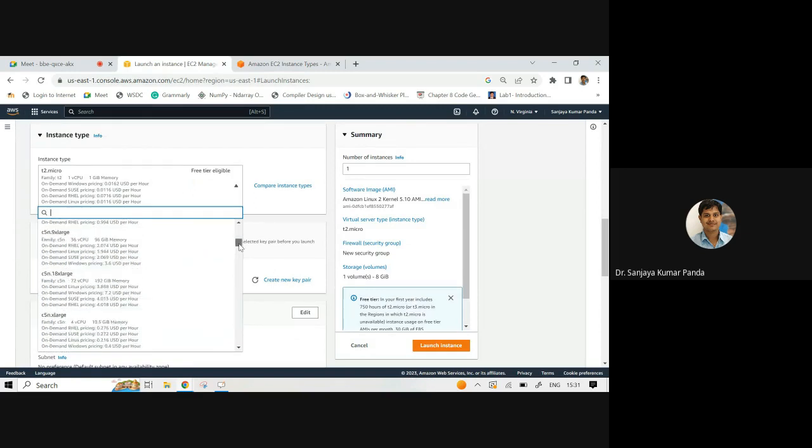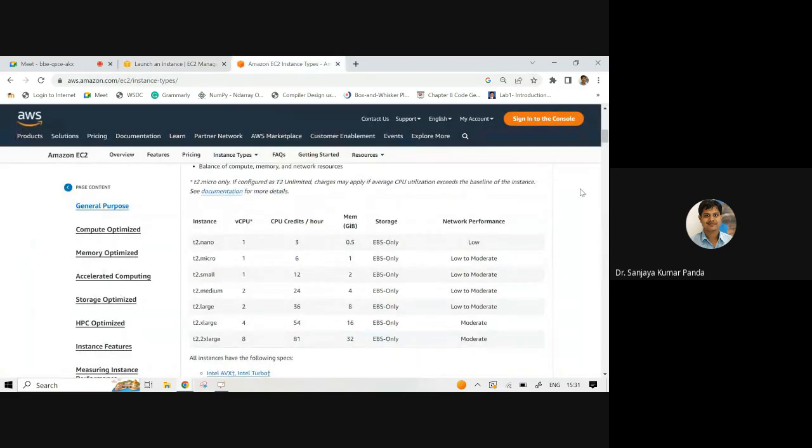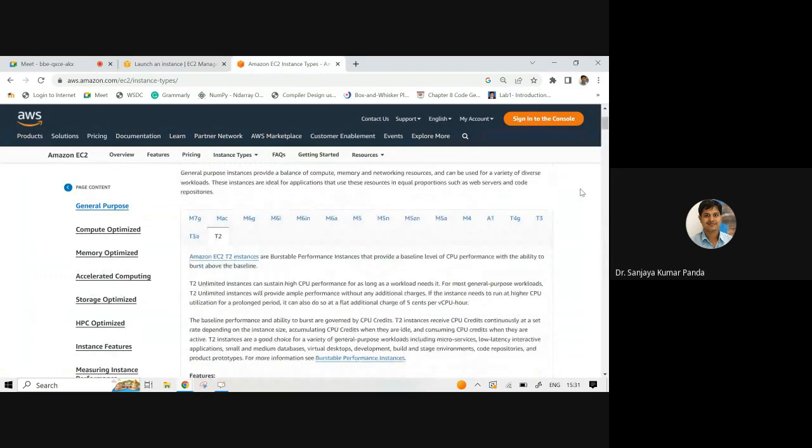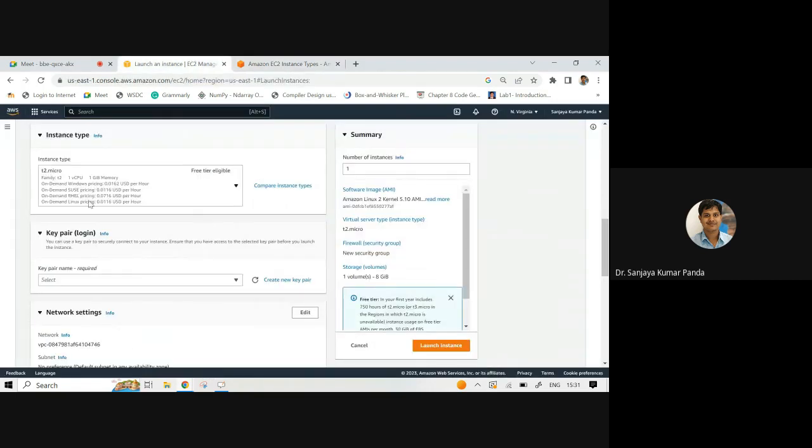You can see there are a number of options. If you go to the end, you can find there are 48 vCPUs and 384 GB of memory available. Based upon your requirement, you can decide which instance is suitable for you. That's why I told you, you have to revisit this page and you can find different instances available here and map these instances to your search. I'll tell you more about EC2 in upcoming classes, but today we are going to discuss Amazon